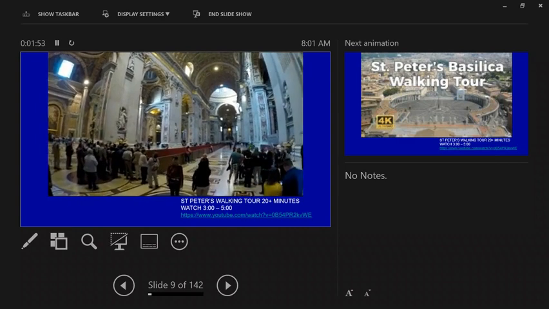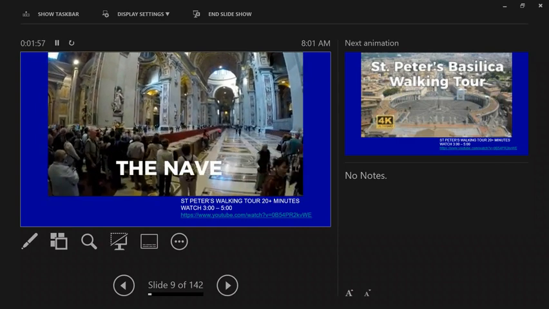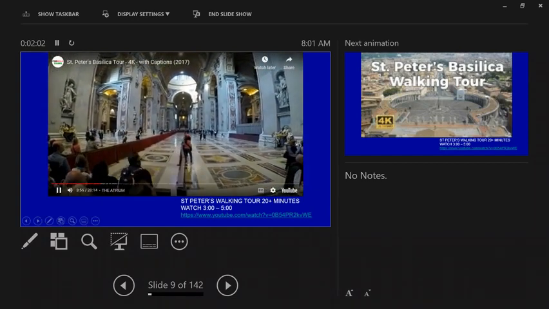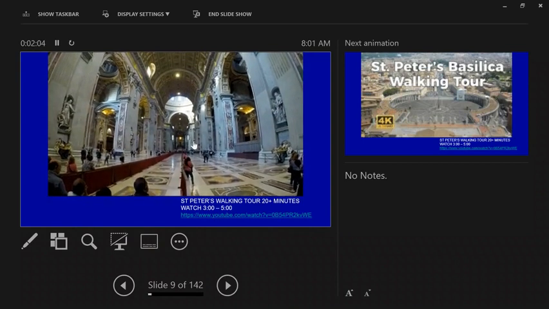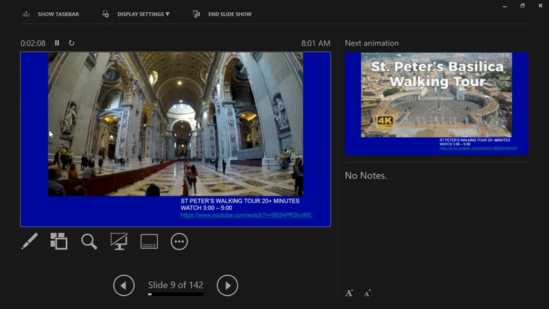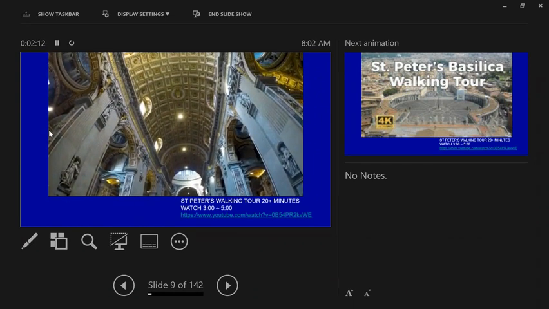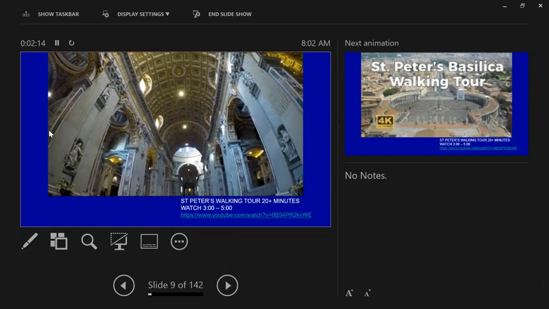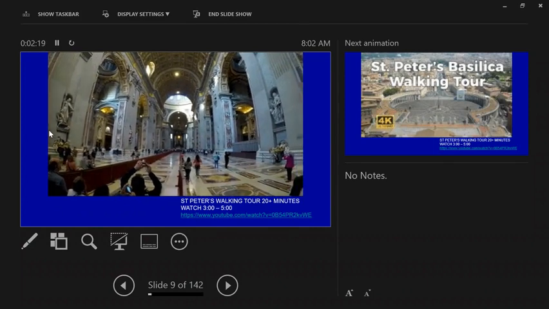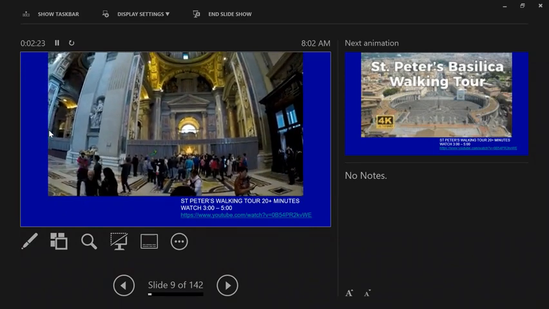There's lots of art in this building. You can see the baldacchino right there in the distance for you guys at Park. And then we're going to look just to the right. So as soon as you walk in and look to the right, there's a barrel vault. Let's look to the right. There we go. Right there is our next artwork.